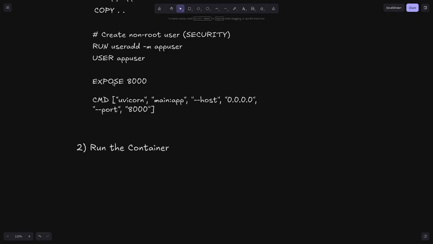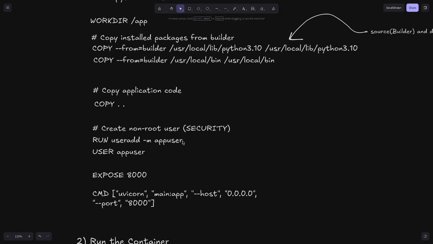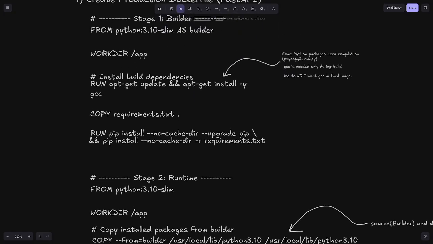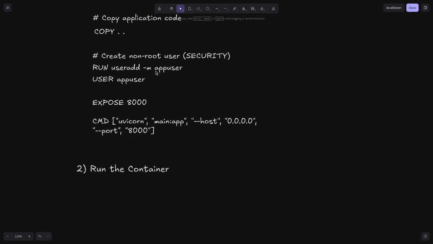And here we are exposing port 8000 just for documentation purposes, and this is the command that will run when we build the image and when we want to run the container. So yeah, now let's get back to the terminal. As you have understood all this about the Dockerfile, now let's write it inside the Dockerfile